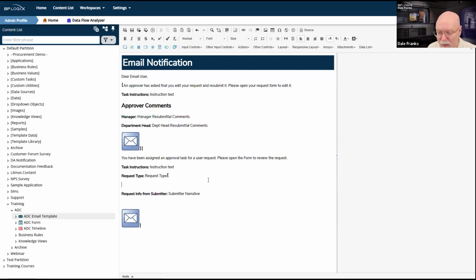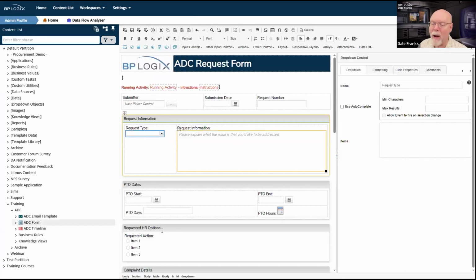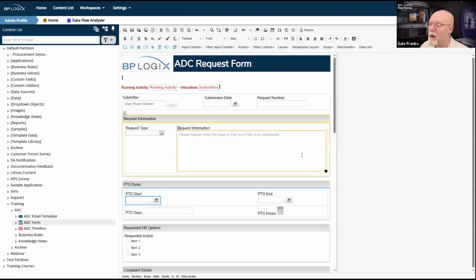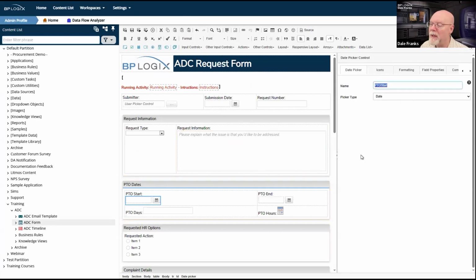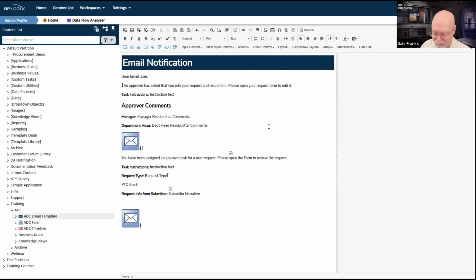And we're going to give ourselves a line, and we're going to put PTO start. And we're going to grab the value of PTO start. So we're going to drop in a system variable control.